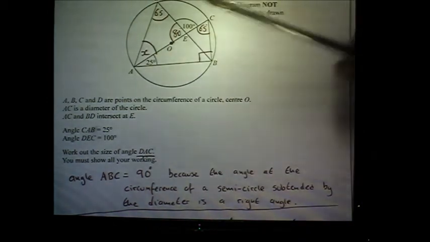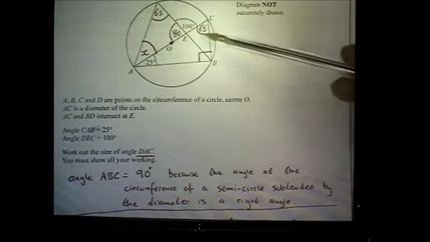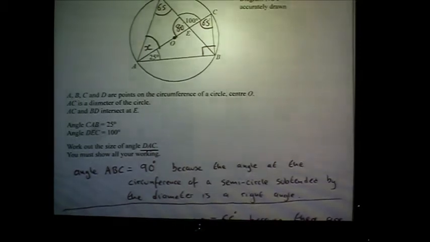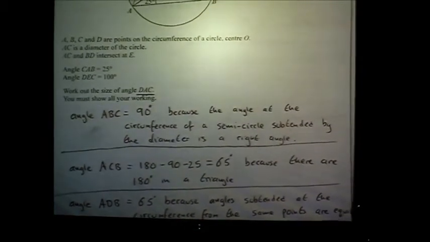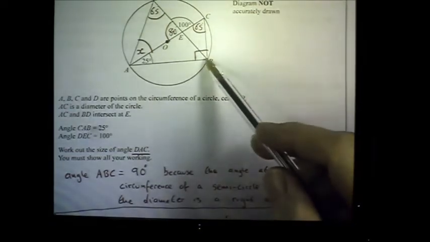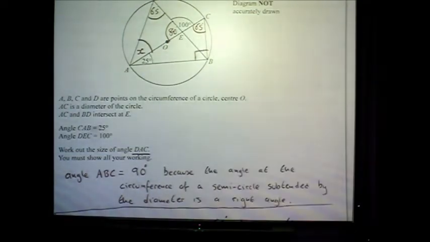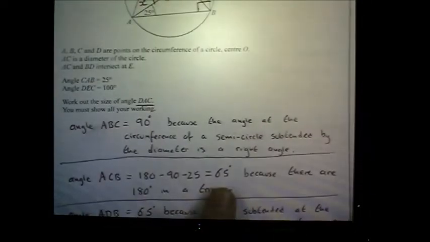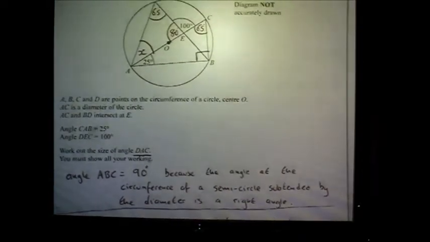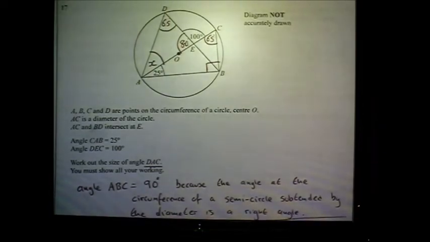Angle ACB. So I'm going to work out this one now. I think that was quite a nice one actually. There's 180 degrees in a triangle. So it is 180, take away 90, take away 25, gives you 65. But look, I've even shown my workings for that, and I've said there's 180 degrees in a triangle. The next one I'm going to do is angle ADB,